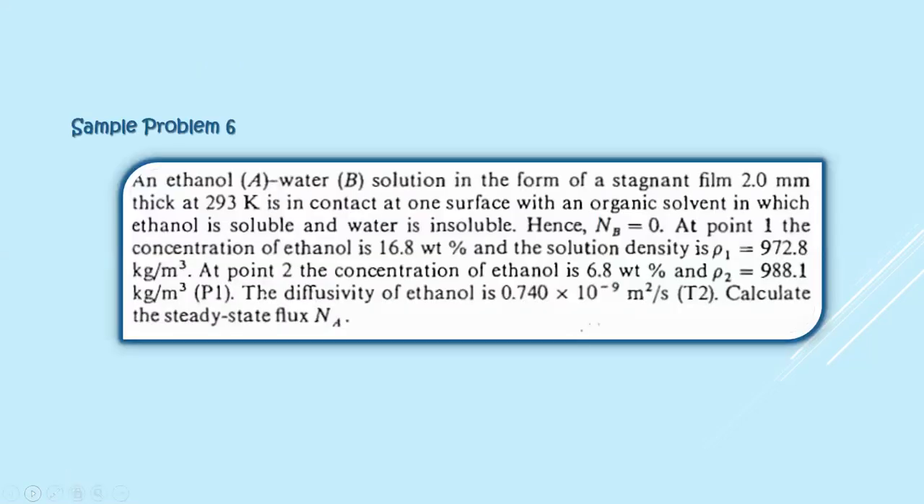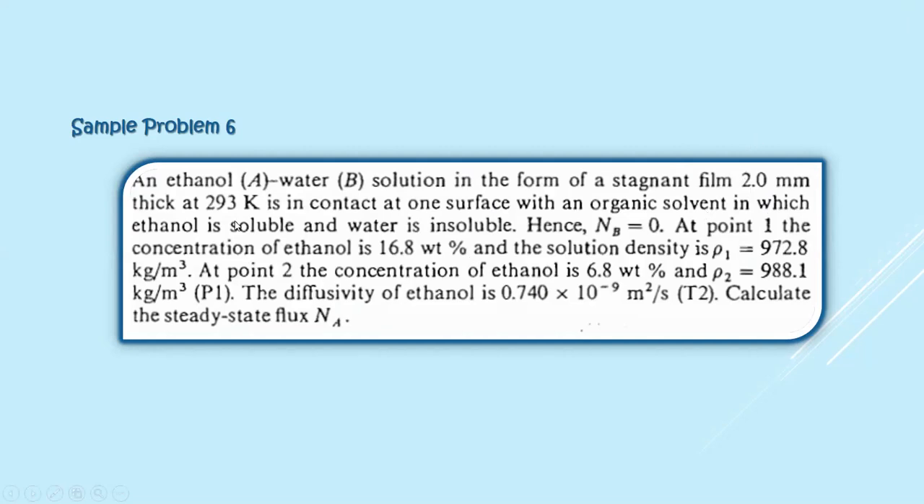Now, we have this sample problem of ethanol. Let's say ethanol is our solute A diffusing to the non-diffusing B, and they have this particular solution. The film is 2 mm, referring to the B. So an ethanol-water solution in the form of a stagnant film 2.0 mm thick, consisting of A and B, solution of A and B, is this thick, 2 mm thick,